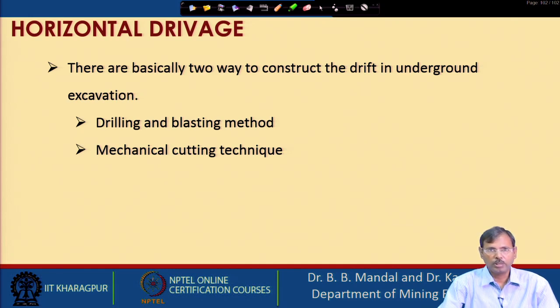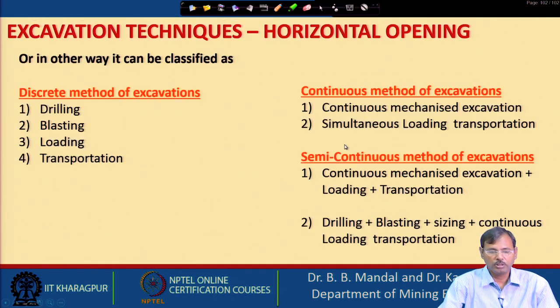In the drilling and blasting method, we have discussed how the drilling and blasting is carried out for the discrete excavation of the tunnel, then simultaneous loading and transportation and other supporting and auxiliary works. In mechanical cutting, we have found there are 2 machines, TBM and road header, though TBM is not a very popular machine in the mining sector and is not used because of some problems. Another machine, the road header, can be used in underground mines as the cutting machine.